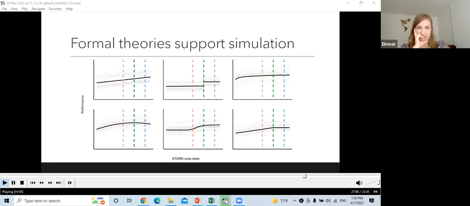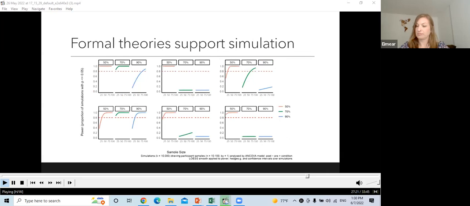And from these models, we could simulate drawing participants from them, from that proposed mathematical explanation of the capacity of interest, the data generating process. We could then simulate actually selecting people at random and running trials. And we could look at how much power these trials might have to examine different comparative treatment effects.